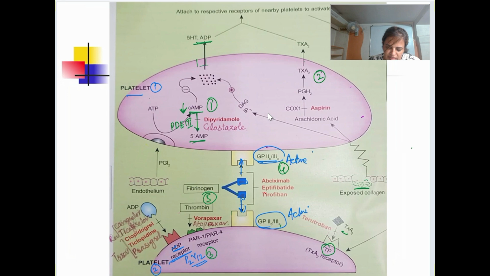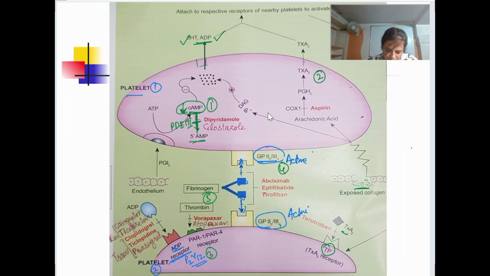They prevent this, जो आपका cyclic AMP है इसकी degradation नहीं होने देगा, ये वाला step, it is going to prevent this. Once it is not degraded, then what will happen to this level which is decreased, it will be increased. अगर इसका level बढ़ता है, then these won't be released, ये release नहीं होंगे, there will be no activation of the platelet, there will be no आगे. So एक ग्रुप तो आपका ये हो गया, दूसरा आपका क्या हो गया, जो इसको करे thromboxane A2 को, ठीक